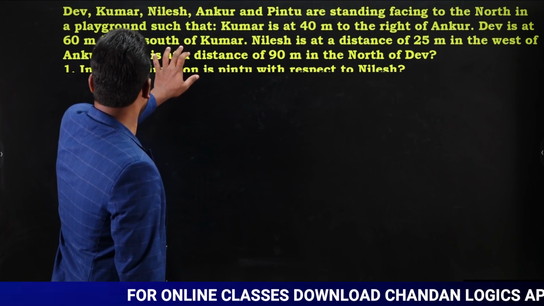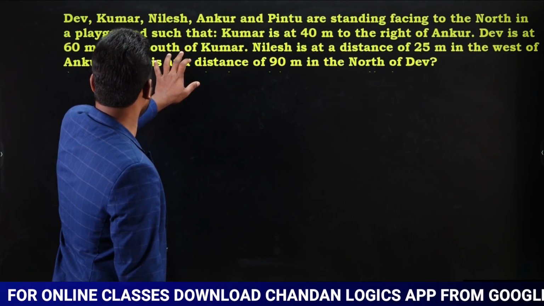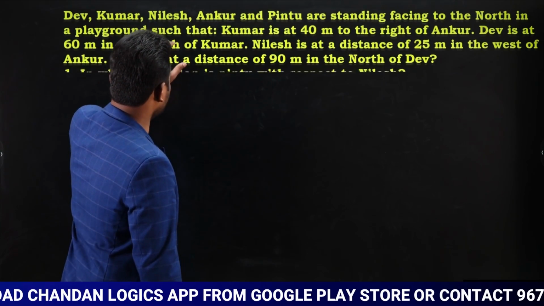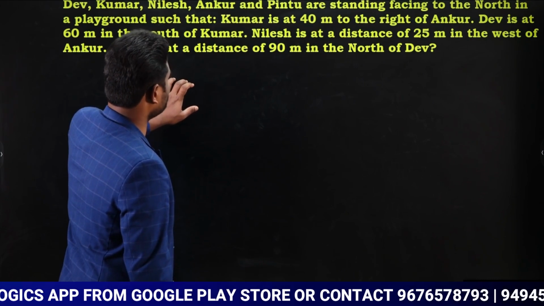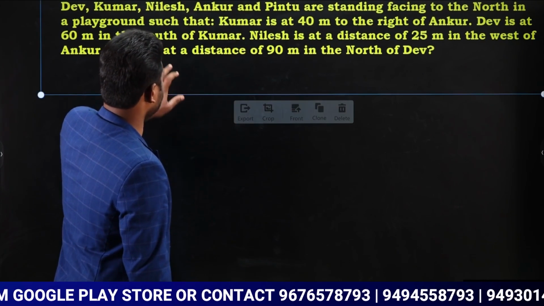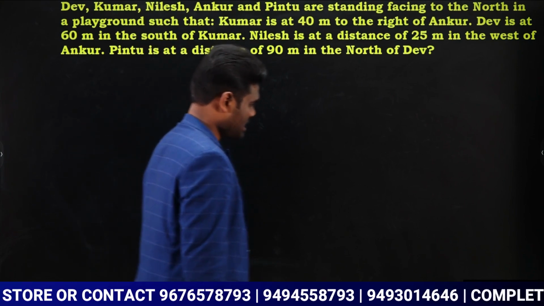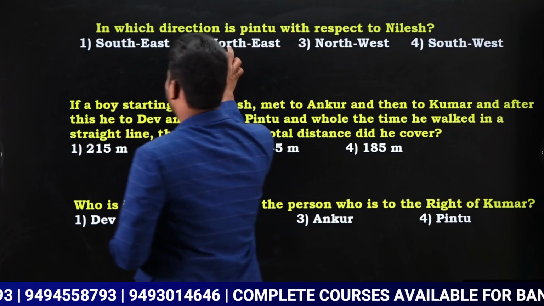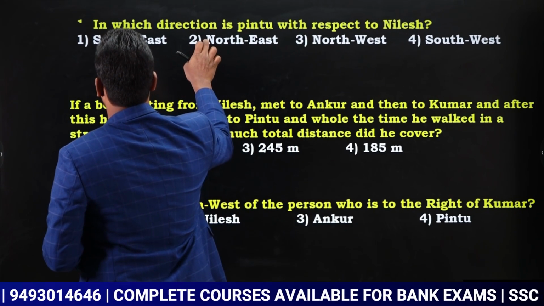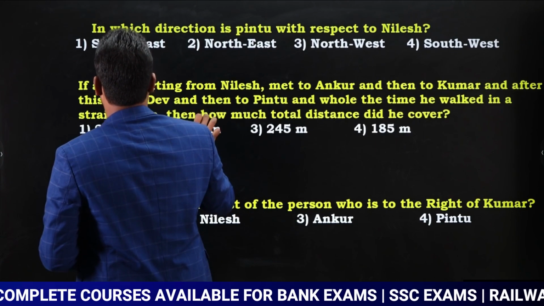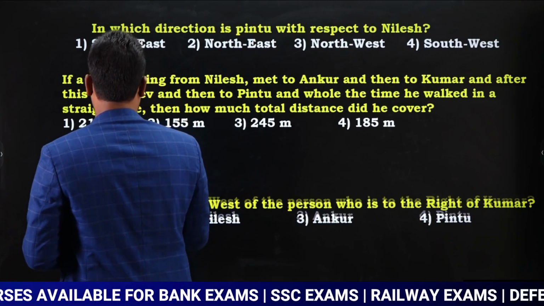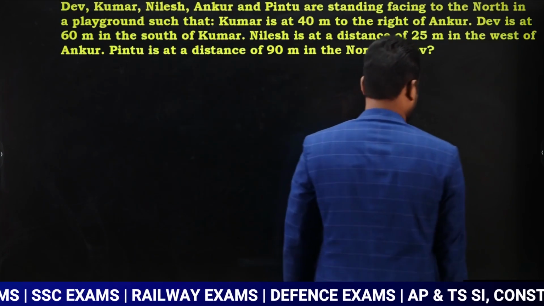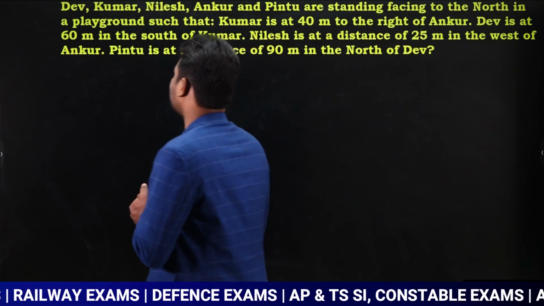Now if you observe, we have some questions based upon this. Observe carefully. Now the questions are, look here. Here we have a total of 3 questions. So we can answer these 3 questions once we are able to represent the diagram. So we have to represent the diagram. Once we are able to represent it, then obviously we can solve these 3 questions very easily. So all these 3 questions combined form a set.